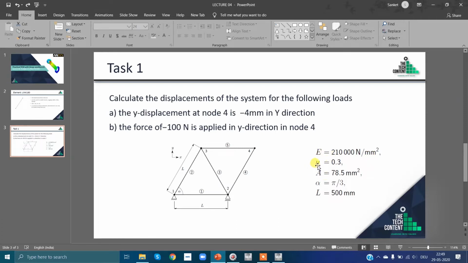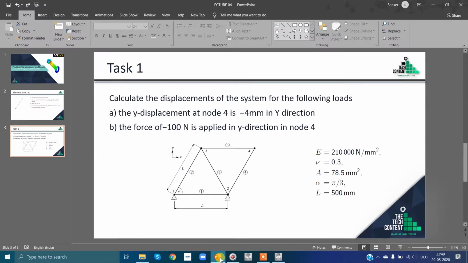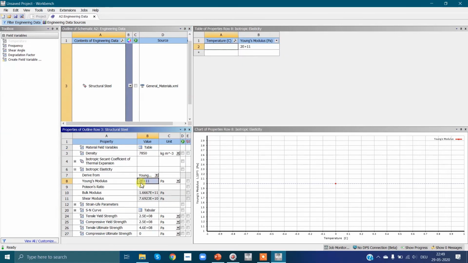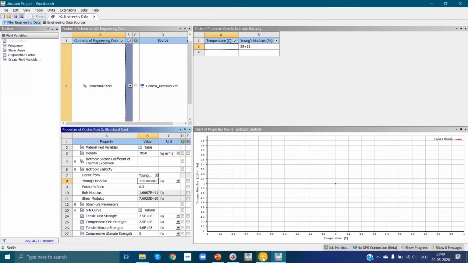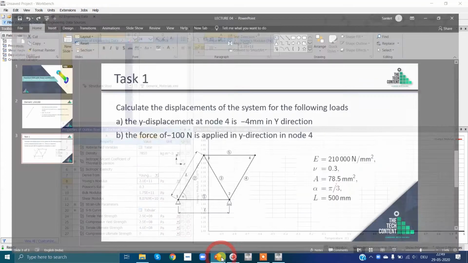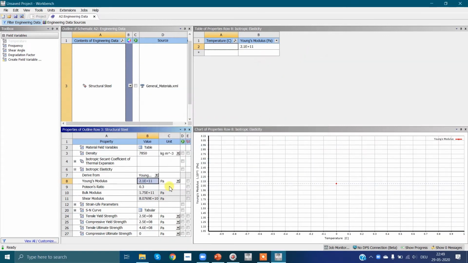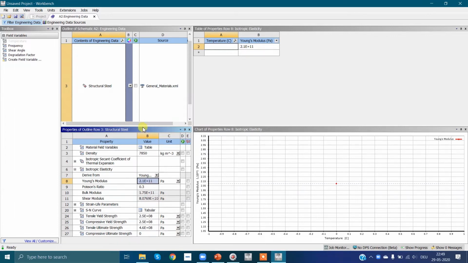Then our mu is 0.3. That's it. We have changed the material properties.